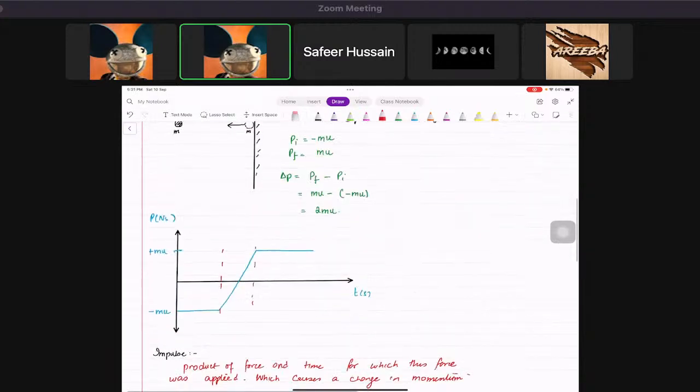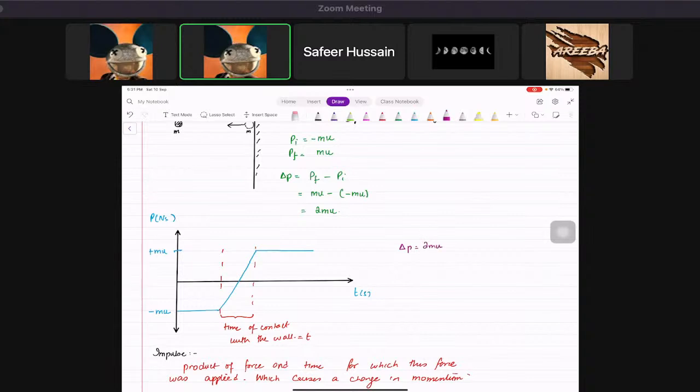So you guys need to understand that here, this is basically the time of contact with the wall, and suppose we call this t. So during this time, a change in momentum is happening. So if we find the change in momentum, that is going to be 2mu that we found earlier,